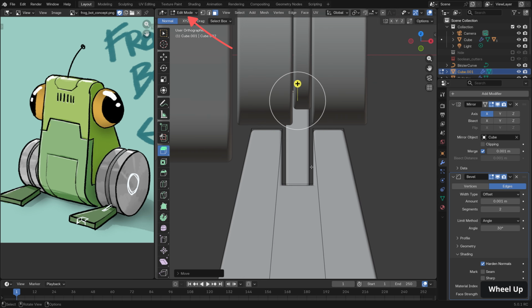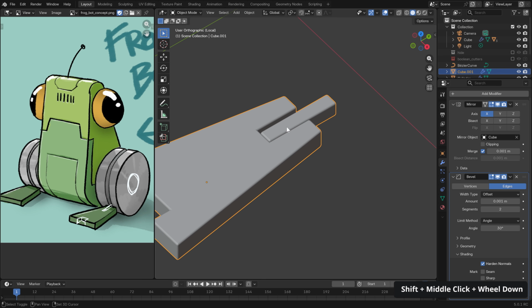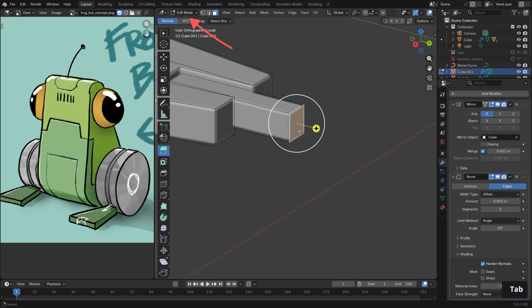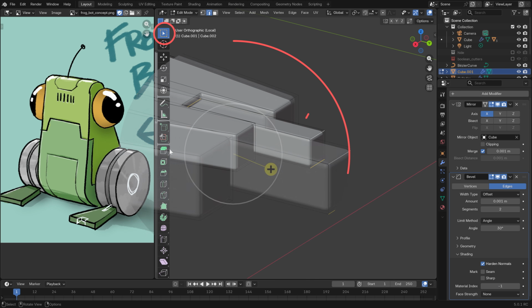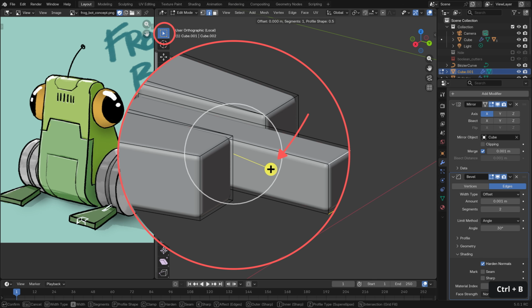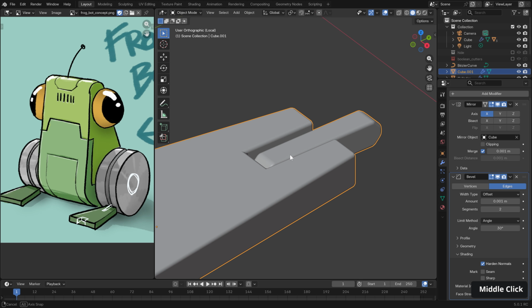Back out into object mode. I'm going to add a little bit of visual distinction by going into local view mode with /. And then in edit mode here, we're going to select edges with 2 on the number row. And instead of hitting Alt and left click, we're going to hit Alt Control and left click to select the ring of edges. I'm just going to move us over to the select tool here so we hide our extrude gizmo. Now we can do a bevel here, like so, and I think that just creates a nice unique piece